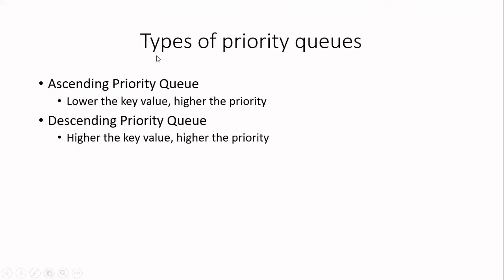Now we will see the types of the priority queues. In priority queues, you have two different types: one is known as ascending priority queue and the other is known as descending priority queue. The terms are based upon which is given higher priority. In case of priority queue, I have to remove the element with the higher priority only, but which is given highest priority? For example, in the ascending priority queue, a lower number is given higher priority, because ascending means you go from lower number to higher number. So lower number is considered as highest priority.